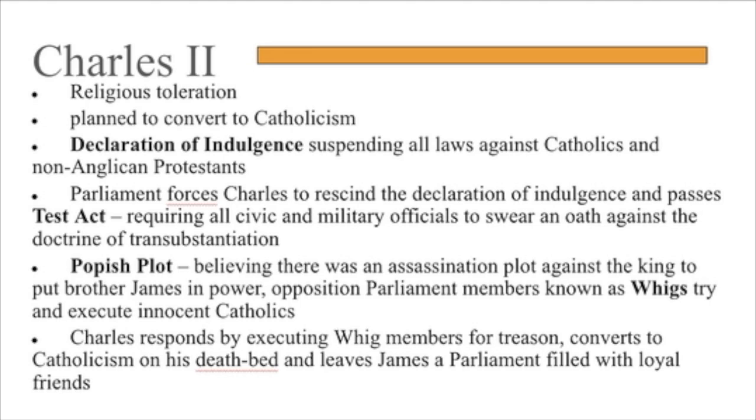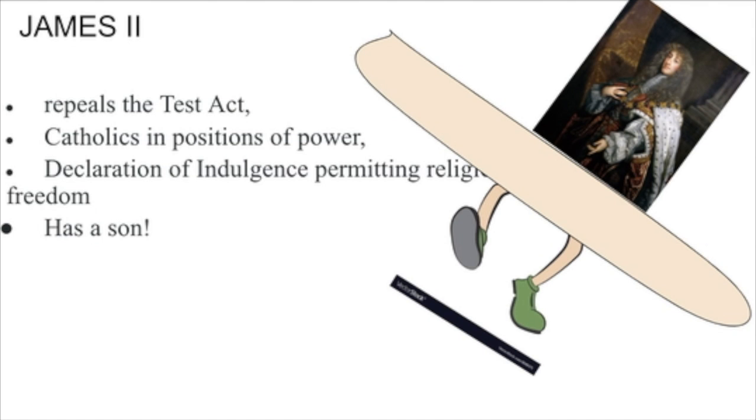And then on his deathbed, he converts to Catholicism. And obviously then James II is going to come to power, and he is a practicing Catholic. And so now the Catholics are very excited. So here comes James II, our fully Catholic king. He had converted to Catholicism, hanging out with Louis XIV. He and his brother, when their father was executed, fled to France and hung out at the Palace of Versailles